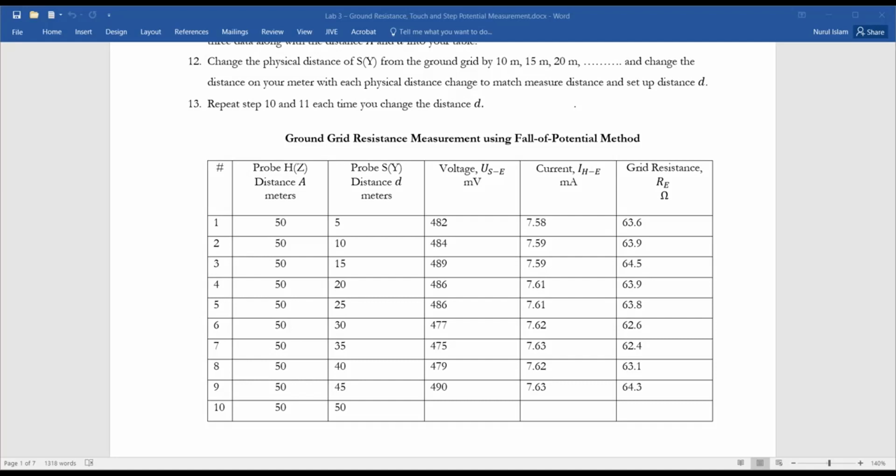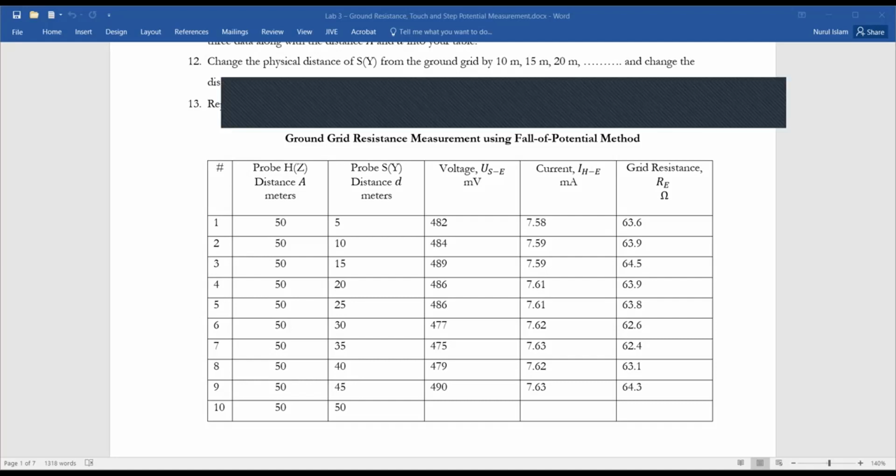That's the flat portion of the curve, right? Flat portion of the curve, yeah, but that flat portion could continue for several meters. They are also within this. Yeah, that's right. But the easiest way to find this ground resistance, definitely you're right, Christopher. But look at our table, and from here, please tell me